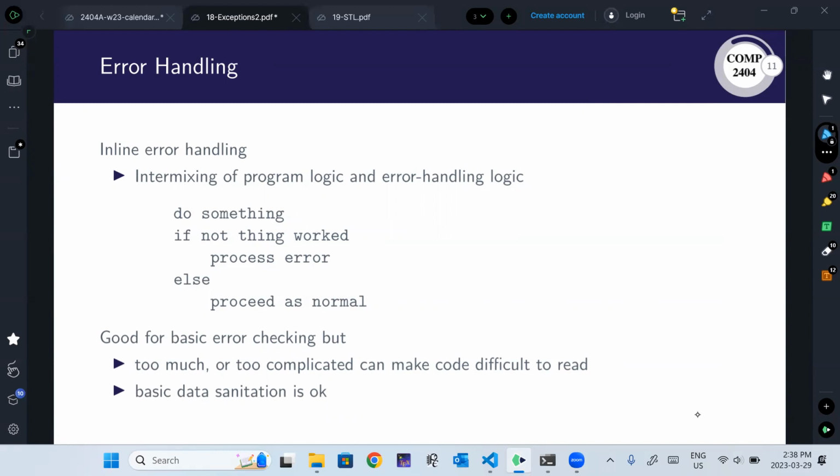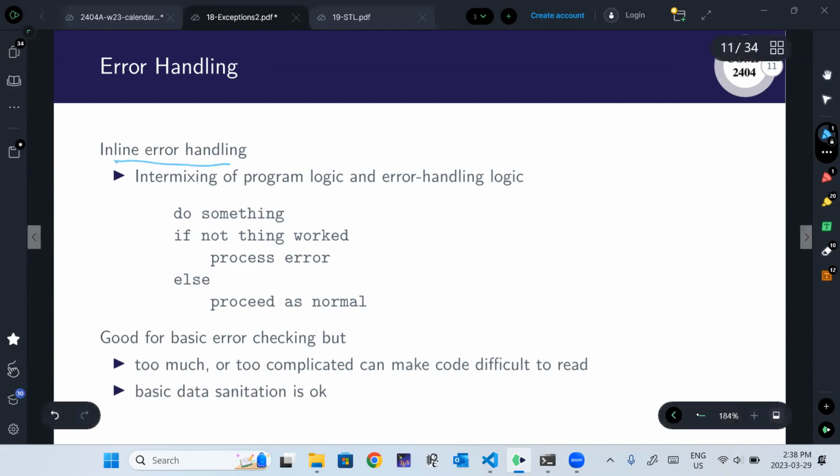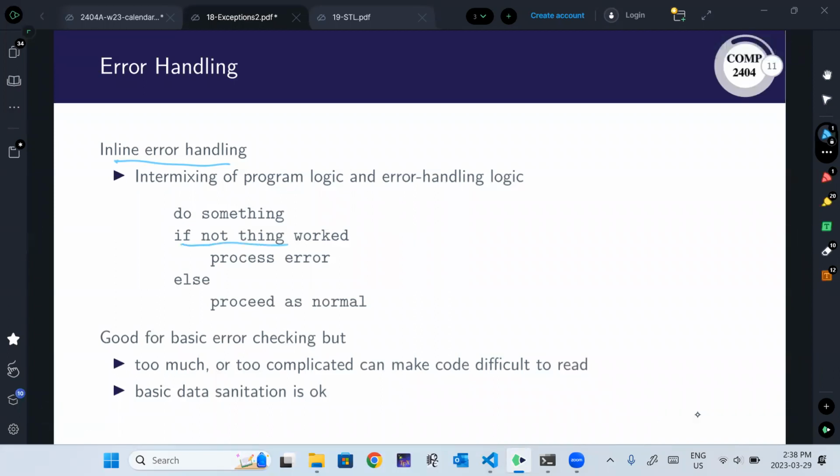Anyway, inline error handling. So error handling is sort of minor stuff, checking, validating values that are passed into my object. Things basically that I can check with an if statement, right? And so these are small errors, they're expected some of the time, and we handle it with inline code. Basically, we have our application logic and we inject into that some if statement that tests an error condition.